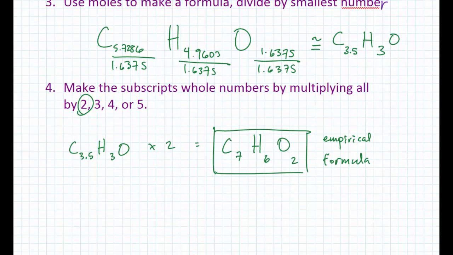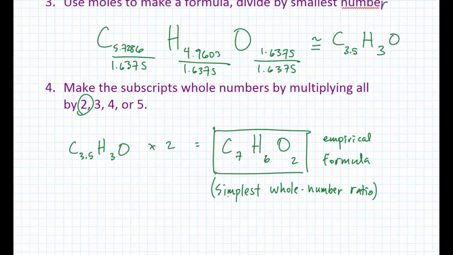Let's actually just write here. So that'll be useful for us. That is the simplest whole number ratio. That does not tell us what one particular molecule, if it's a molecular compound like this, looks like. But it does tell us at its rawest form what the simplest whole number ratio of that would be. Okay? So